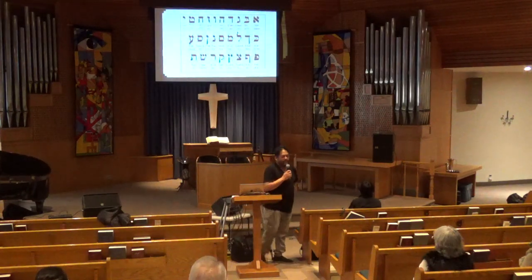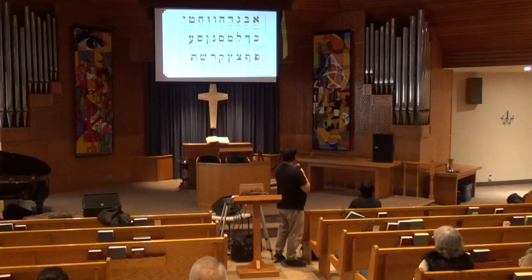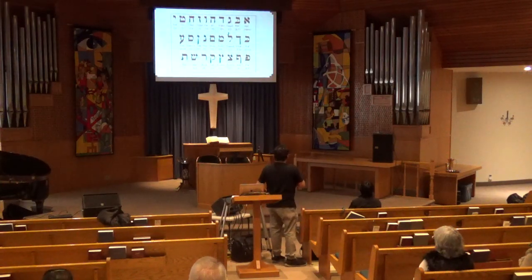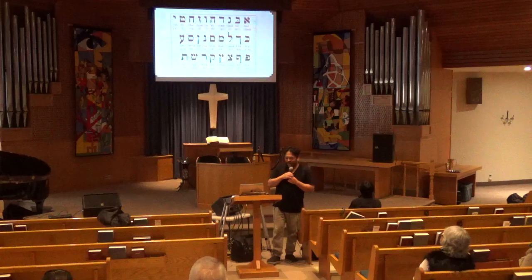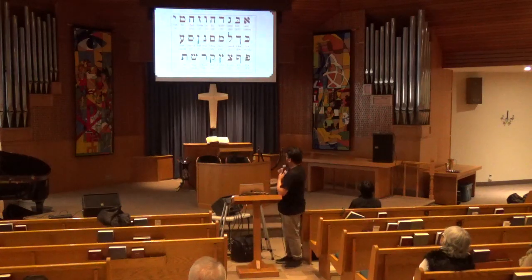Quick sideline before we continue. Here we have the Hebrew Aleph Bet. All right? The Hebrew Aleph Bet, and we always read from right to left in Hebrew. Okay? Aleph, Bet, Gimel, Dalet, Hey, Vav, Zayin, Het, Tet, Yod. All right? So these letters